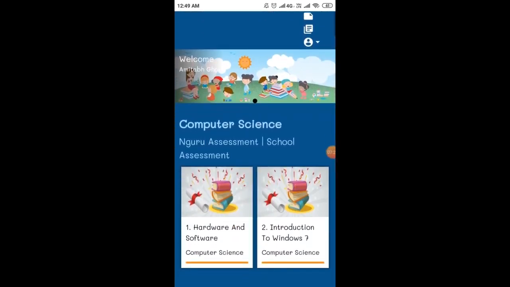If school is conducting your PA test, then you click on school assessment, or else if NIIT is conducting an online exam for you, then you click on NIIT NGuru assessment. I will go for school assessment because in coming days your PA test would be in school assessment. So click on it.